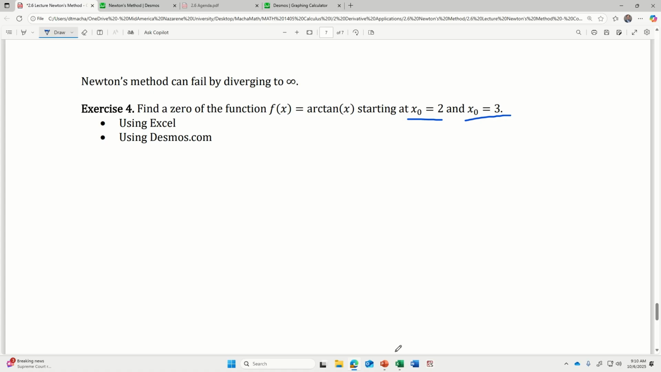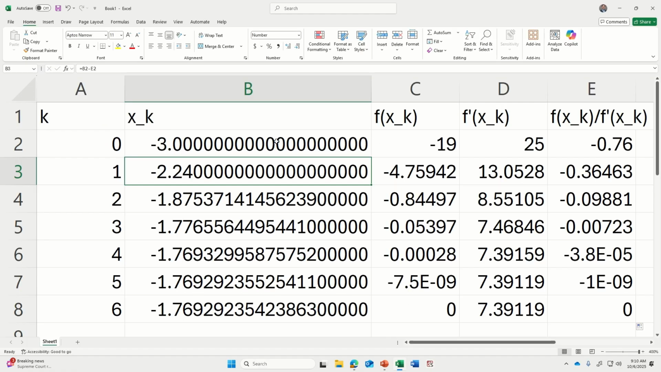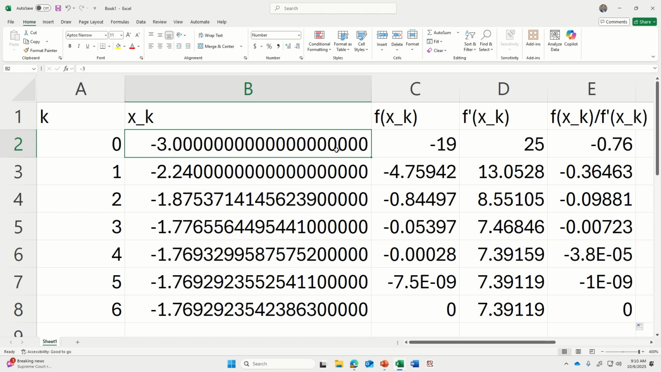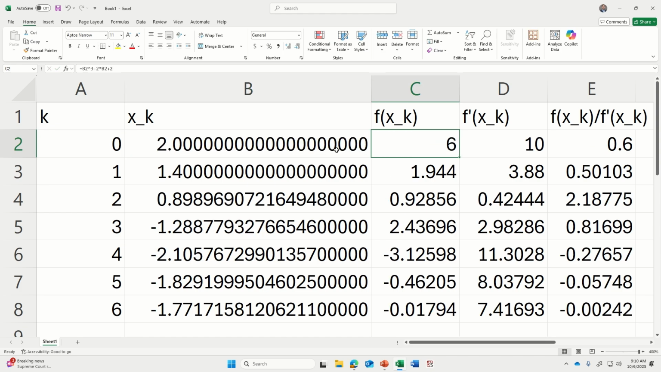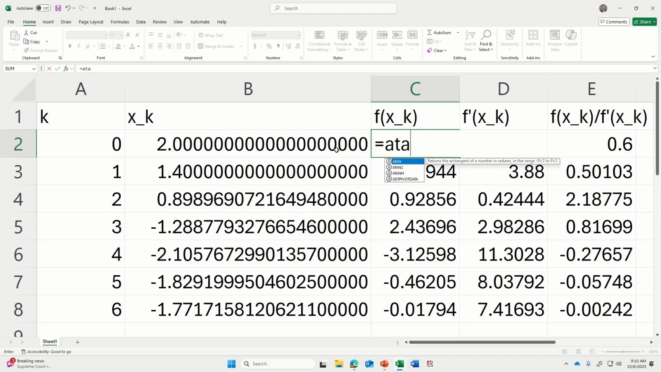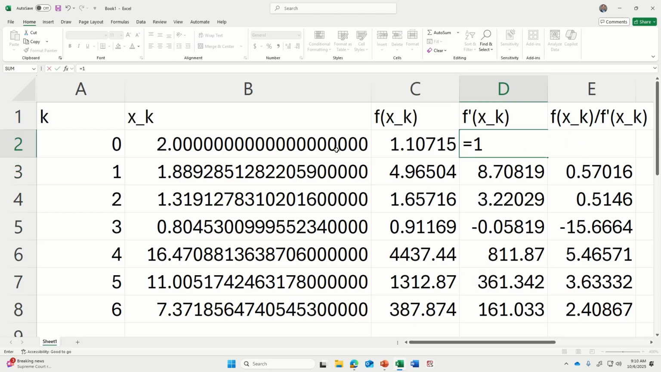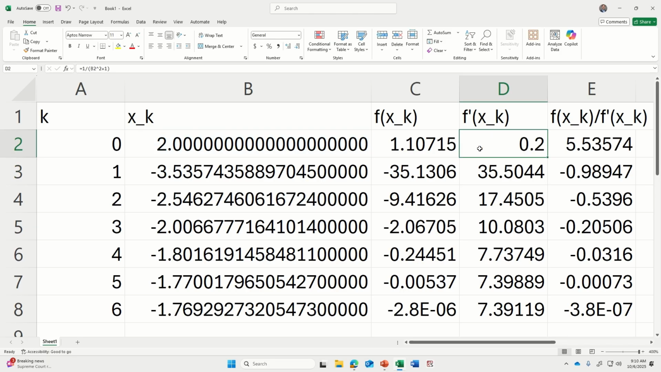Now, let's do this in Excel so that we can save a little bit of time. My function was arctangent, and I'm going to start where x is equal to 2. And this is my arctangent function. I think it's just atan in Excel. Yeah, it's atan. And the derivative of arctangent is 1 divided by x squared plus 1. But you have to use parentheses for that denominator. So 1 divided by x squared plus 1, and